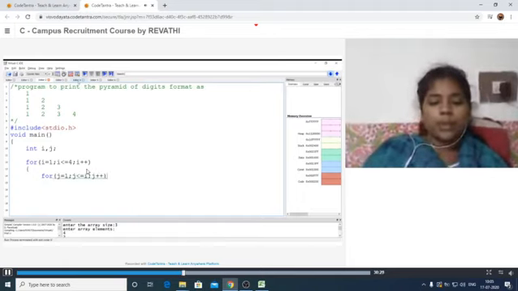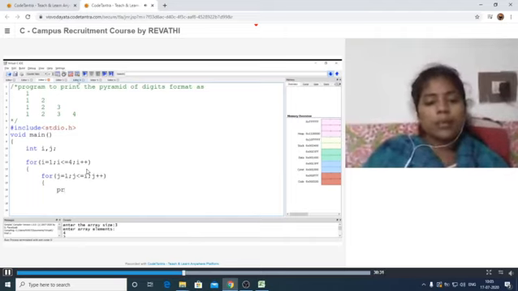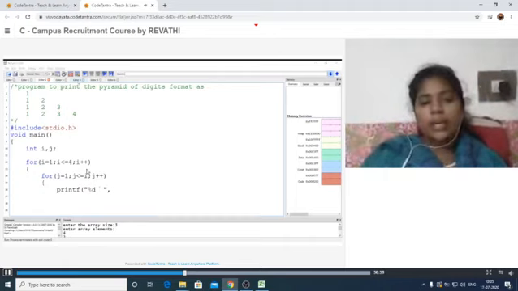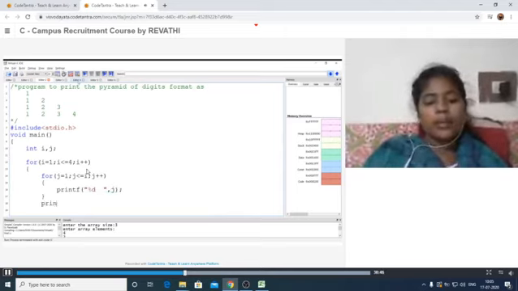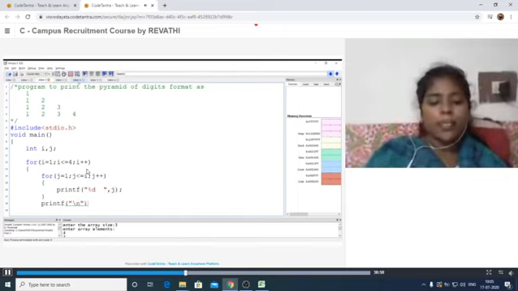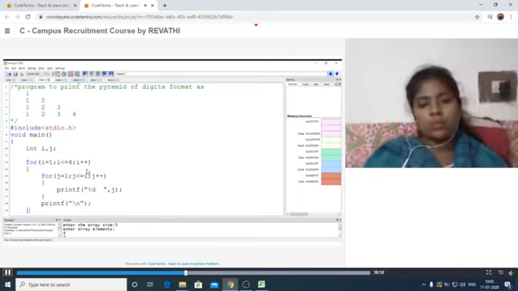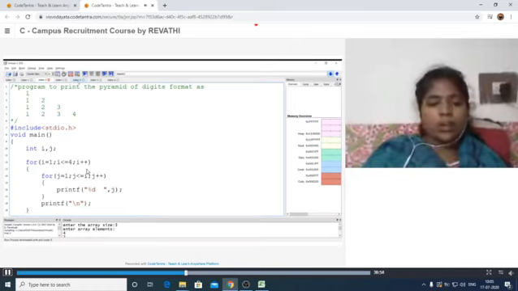After that I am printing the value: printf percent d, some space here, comma, j value. Close the loop, and I enter the next line statement, printf backslash n, and close. Next, another close.